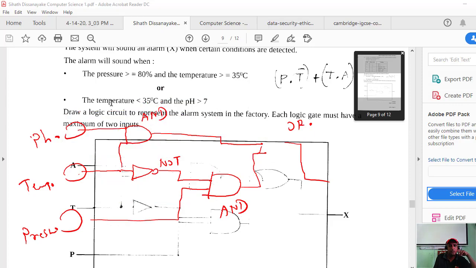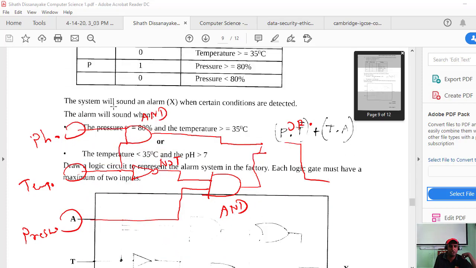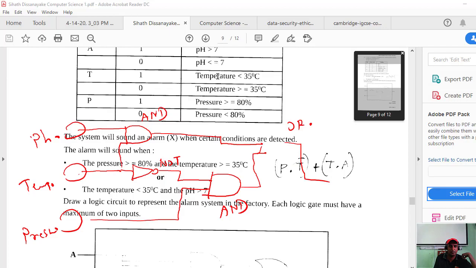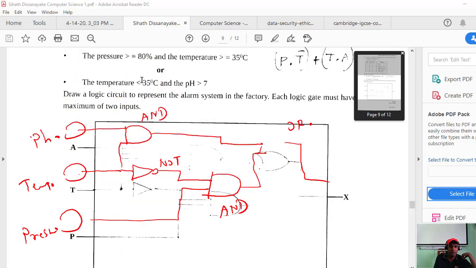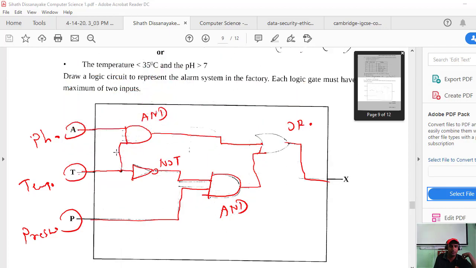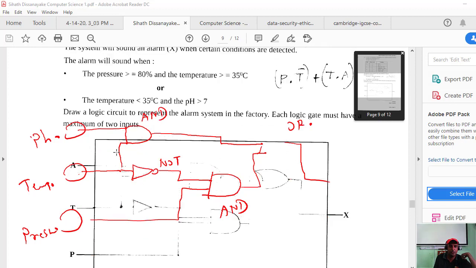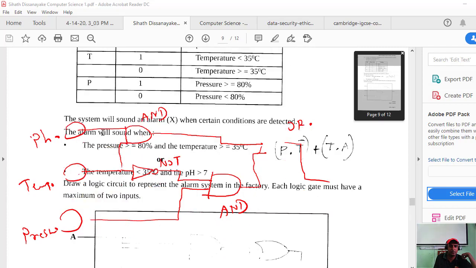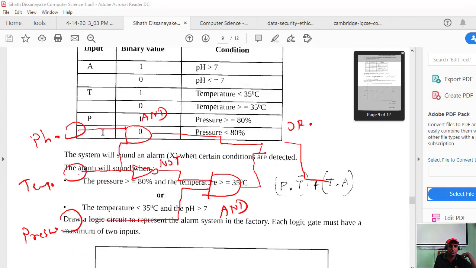Okay. Here, temperature less than 35. Temperature less than 35 means what? Temperature less than 35 means 1. Then T is 1. Then pH value greater than 7 means that is also 1.